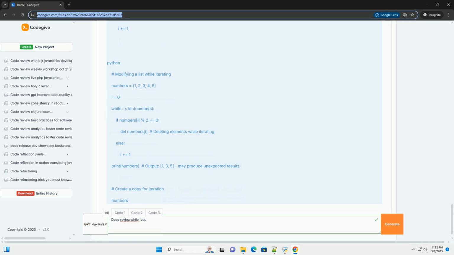5. Side effects and scope. Variable scope: Be mindful of the scope of variables used and modified within the loop. Avoid unintentional modifications to variables outside the loop's intended scope. Side effects: Minimize side effects within the loop body. If possible, keep the loop focused on a single task. Example: